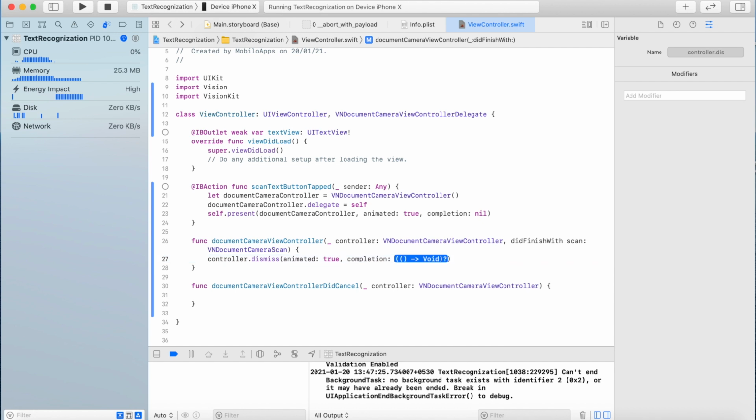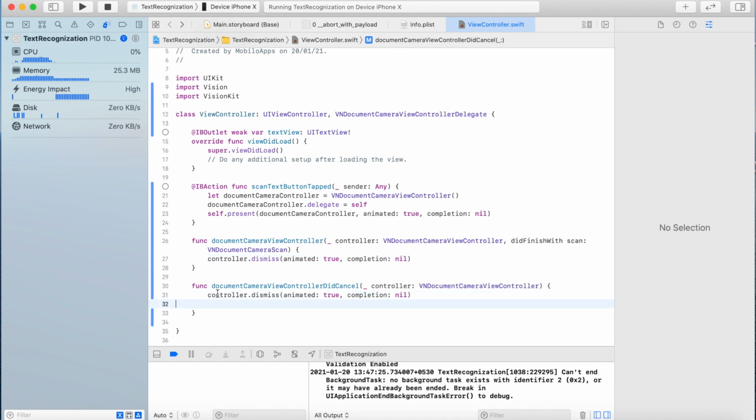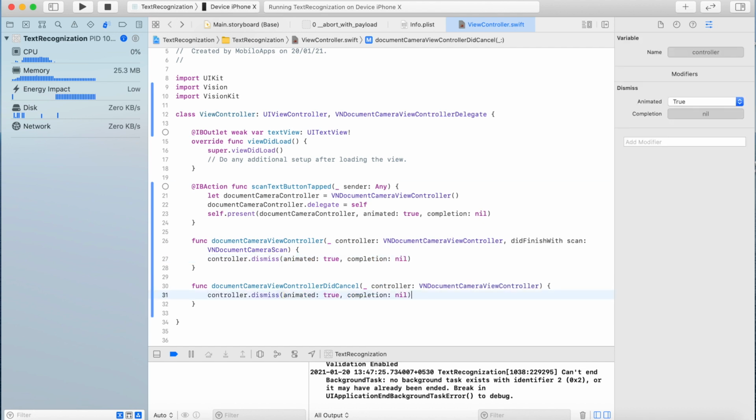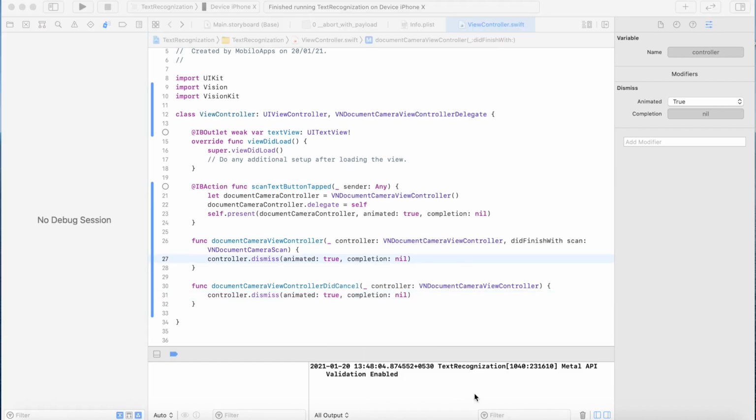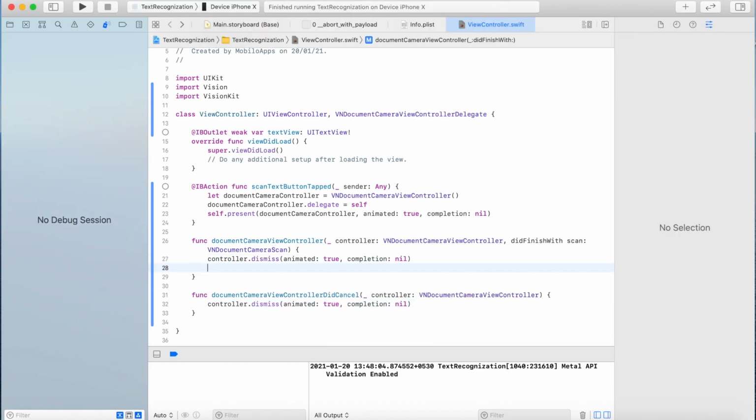Now let us add the code to dismiss the camera on both success and on cancel action. Now we will add the code to get the scanned images.